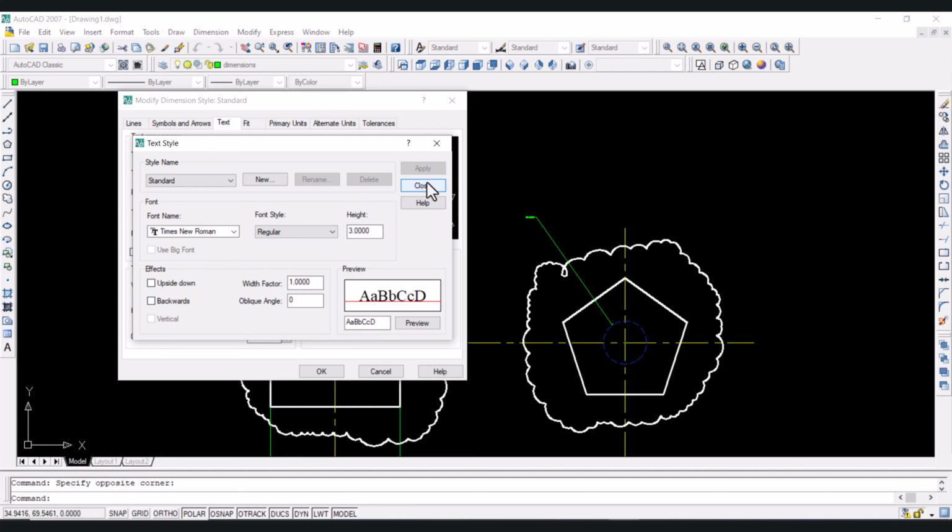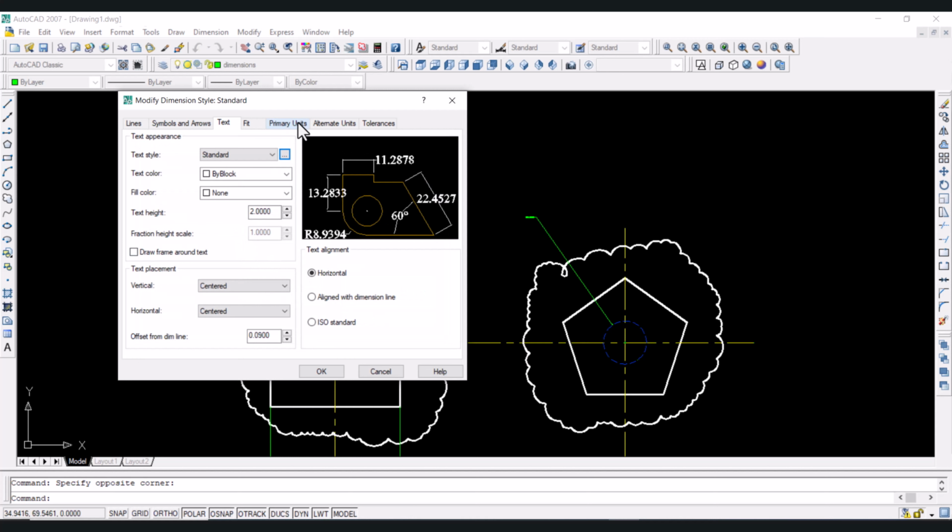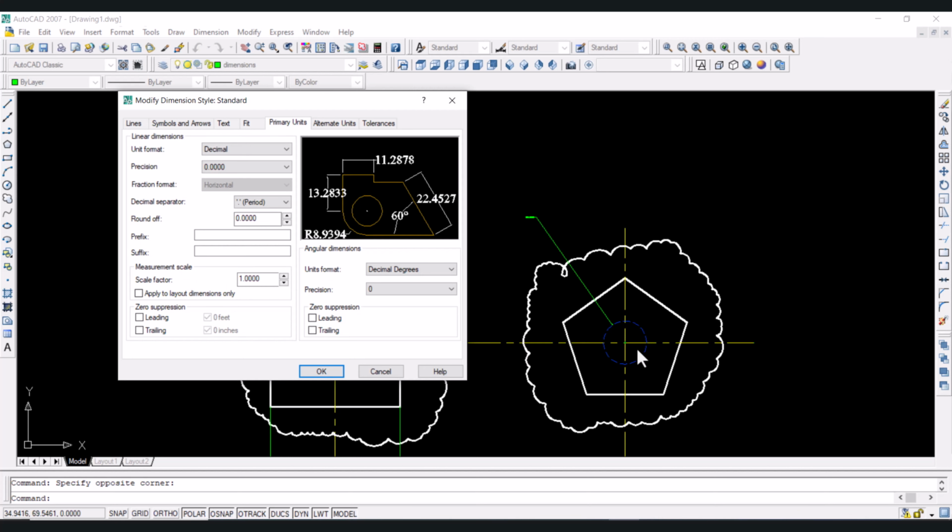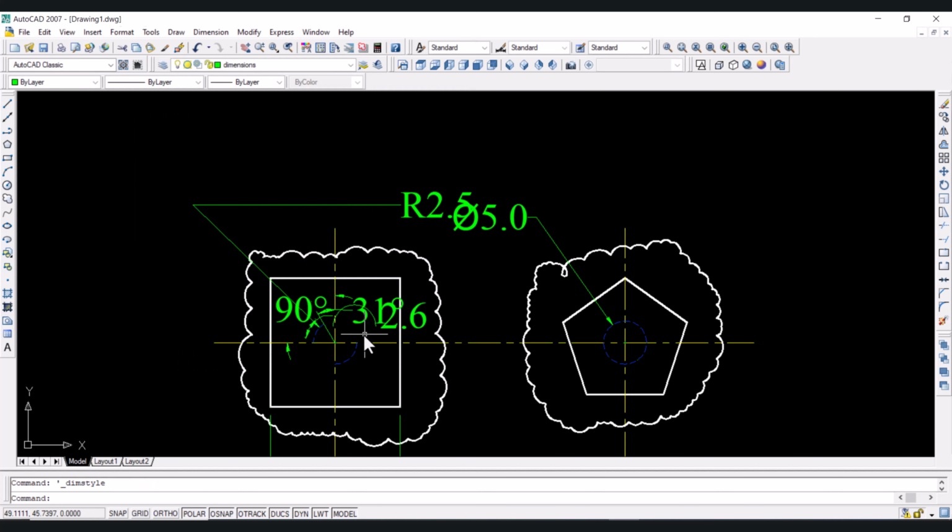Click on apply, click on close. Now go to primary units. In these objects, we didn't see any object with dimensions in decimal points, so let's select a precision of 0.0 and click on OK. Click on close. We can see that now the dimension style is visible, but still we have to adjust the